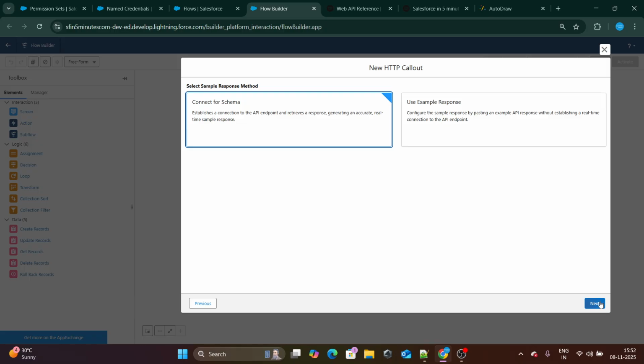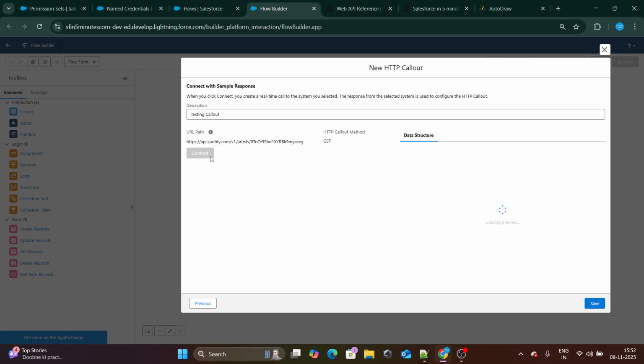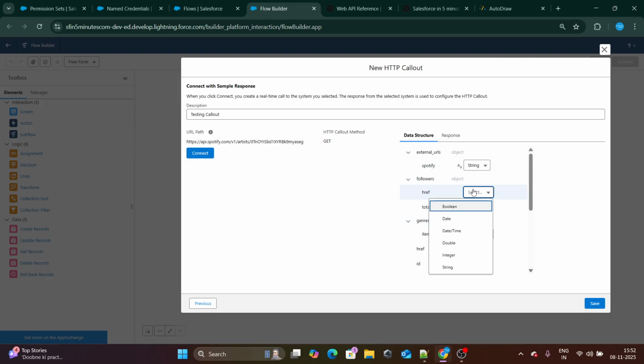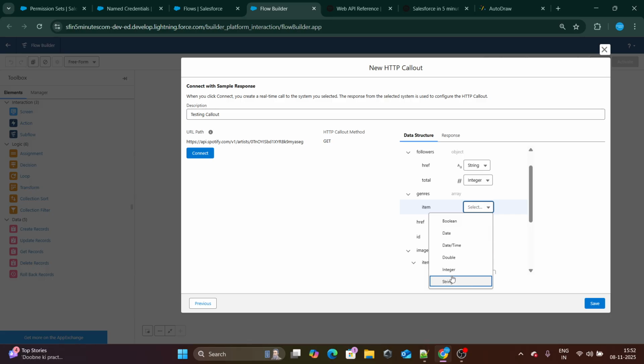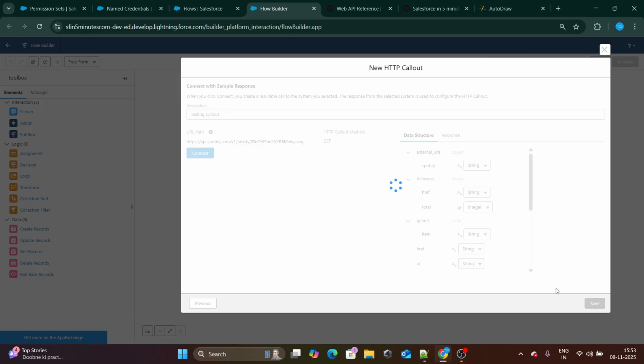Now there are two ways you can make a callout. One is using a schema, or you can use a sample response. I really prefer using a schema because it tests your callouts immediately. I'll say testing callout, and if everything is right and works perfectly well, you will get the data structures perfectly over here. So yes, you can see I'm able to get all the data. I'll set href as a string, and item I will also set as a string, and the rest of the things are all as they are. Okay, let's click on save,